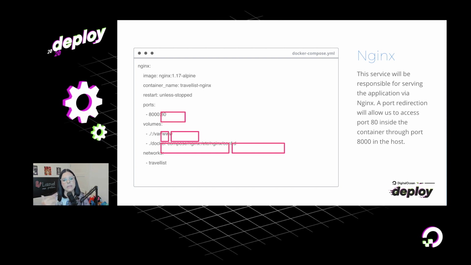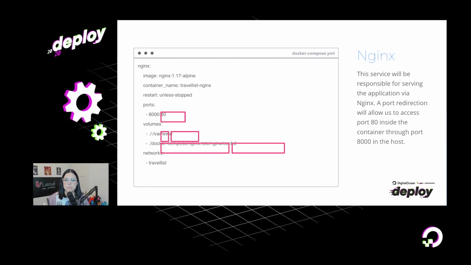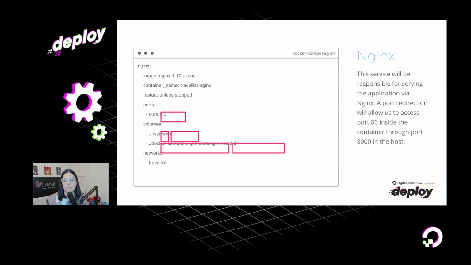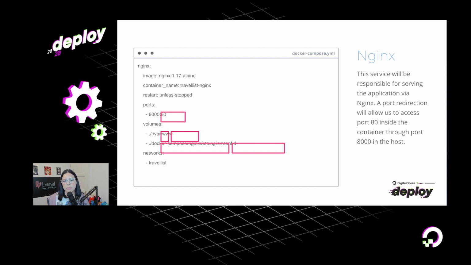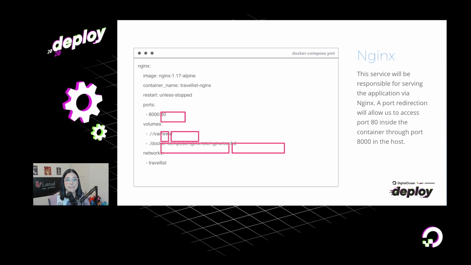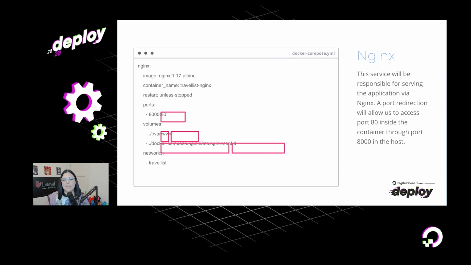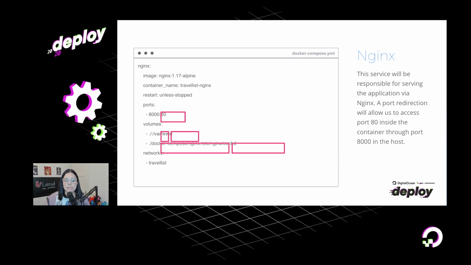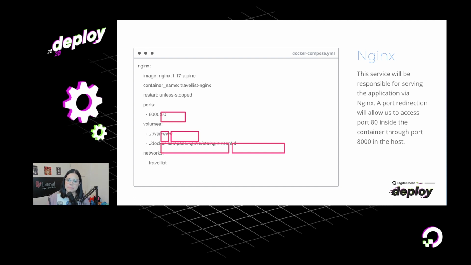Or, for instance, with MySQL, you have a volume share in a specific location, and then any .sql file inside that directory will be automatically imported as a MySQL dump. We are going to see that in a moment. So yeah, we have two volumes and the network is the same, Travelist.